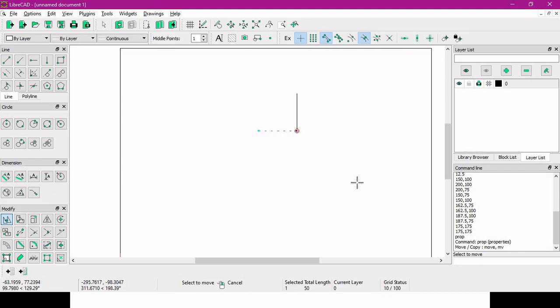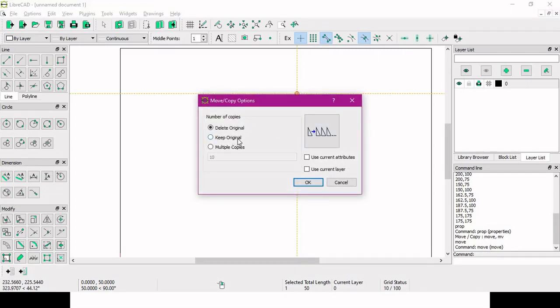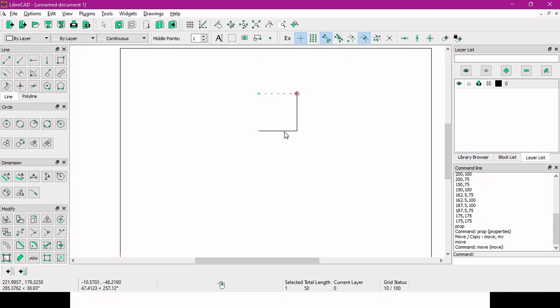Select this line. We have selected the entity. Now select this line and use the move command. It will ask for the first reference point. So you put this endpoint as first reference point, and it just got copied. You put it at the last end of this vertical line. So here it will ask whether you want to keep the original or delete the original. You keep the original since we are copying.